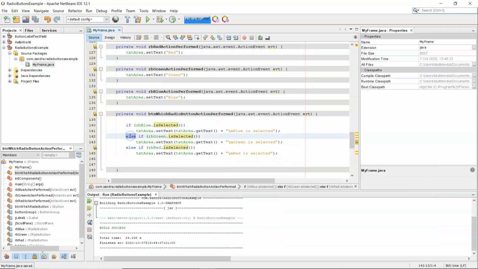Now I'm using else ifs and not just ifs on their own, because say the first one, if blue is selected, there's no need to go ahead and check to see if the other two are selected, because they won't be. I have them in a button group, only one can be selected. So that's why the else's make your code a little bit more efficient. Now if I run that,